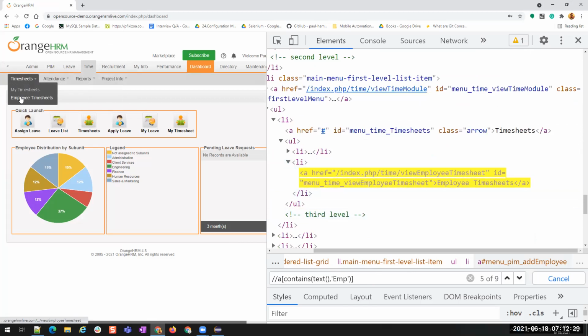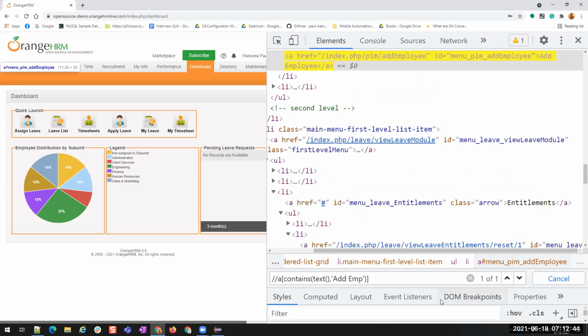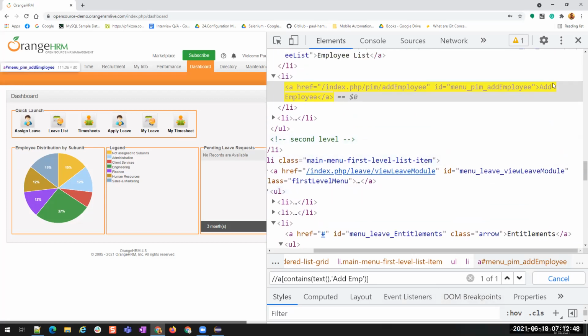Which have EMP text. This is similar to partial link text. We have the partial link text element locator in Selenium, right? This is similar to that. Okay. So to find it uniquely, we have to use this add EMP. Since this text is present directly inside the A tag, I'm able to use contains, and I want to find the text value.